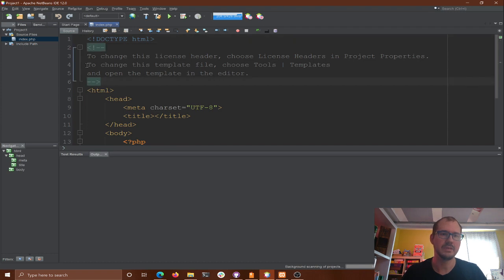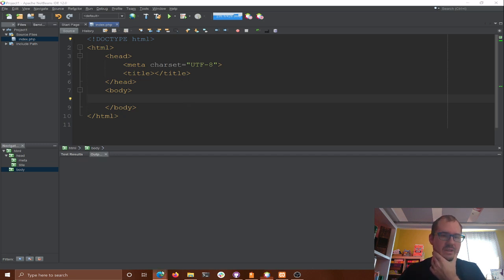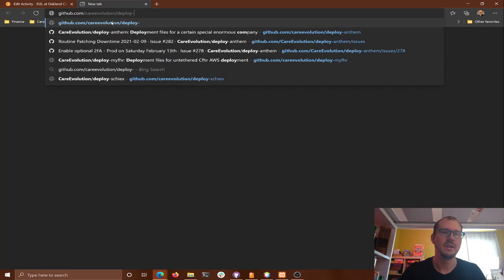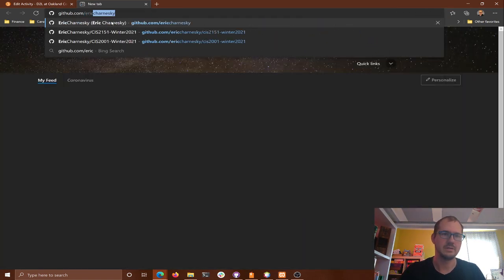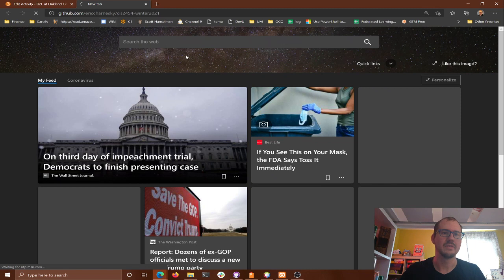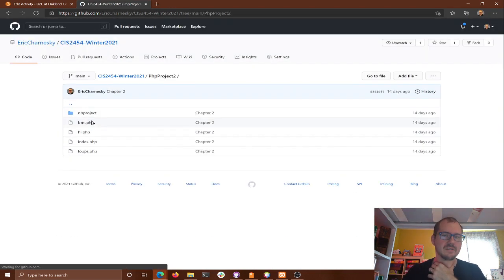So we needed a couple things here, right, in our body. We didn't actually need any PHP code here. We just needed a form. That's all we were going to need here. And then we're going to have the retirement calculator page on the other side go and do all the calculations. I don't want to have to type a bunch of stuff by hand. So I've got our other examples out here in CIS 2454. I think I put the rest of our examples out here, our PHP projects. Yeah, I copied them out here. So I'm just going to copy the form off of one of these ones and then edit a couple variables because I don't want to have to do the rest.